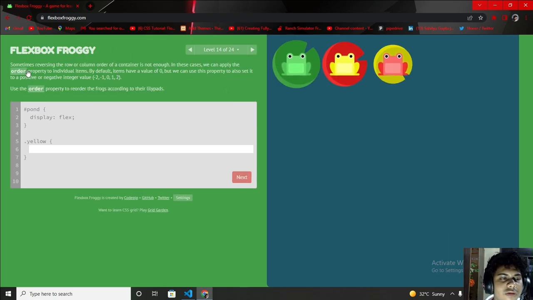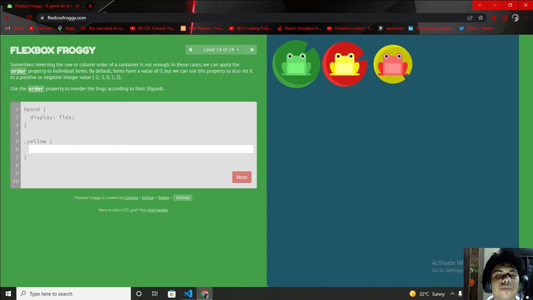Okay, sometimes reversing the row or column of a container is not enough. In these cases we apply the order property of individual items. So I have to change both places. How can I do it?